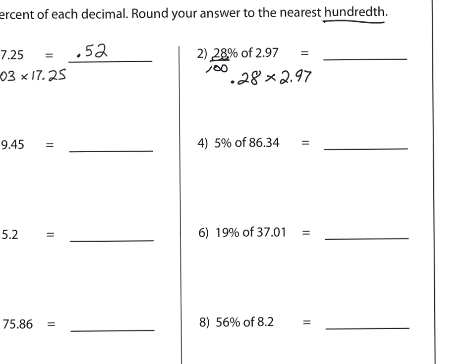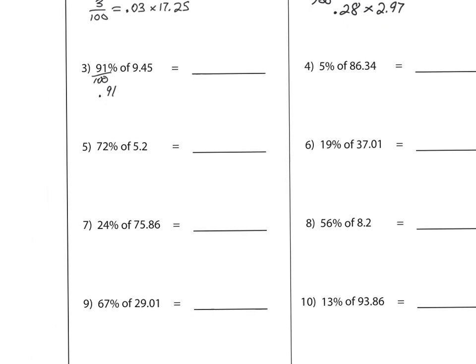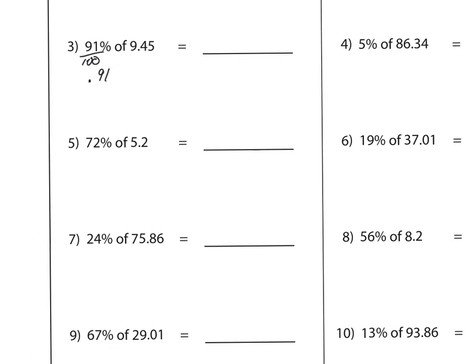So I take my calculator, 0.28 times 2.97 equals 0.83. Comes out to 0.831, so we leave the 3 a 3. Okay, so this is good practice for us for rounding too. I've already converted this one to a decimal, 0.91 times 9.45. Now this one we should end up with a whole number because we're almost taking 100% of that number. 91% is pretty close to 100%, so we should end up with a whole number in front of the decimal, to the left of, if you will,